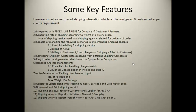Price slabs of handling charges metrics are there. Manual updation option in invoice and auto. Auto generation of packaging lines based on inputs like number of packages and max weight per package. Generates labels along with tracking number, barcode, data matrix code. Download and print shipping receipts, invoicing on actual rates to customer and supplier for accounts receivable, accounts payable, and